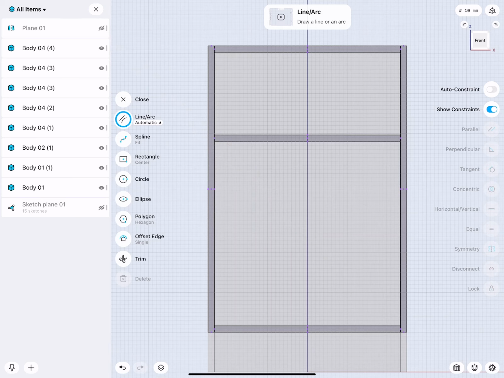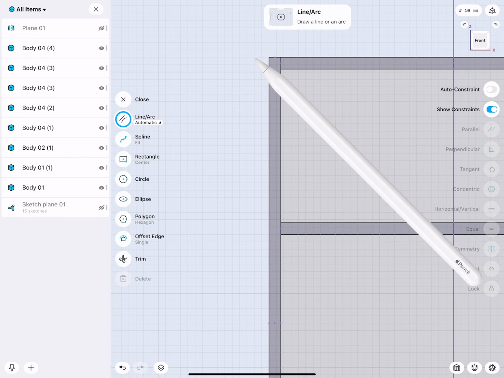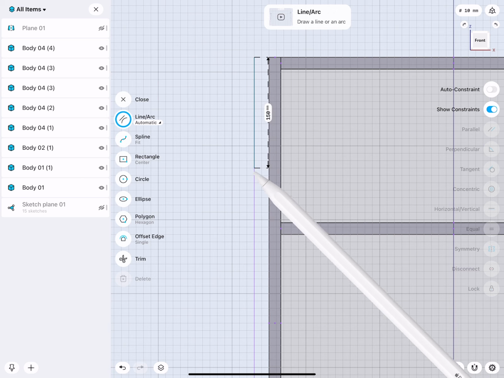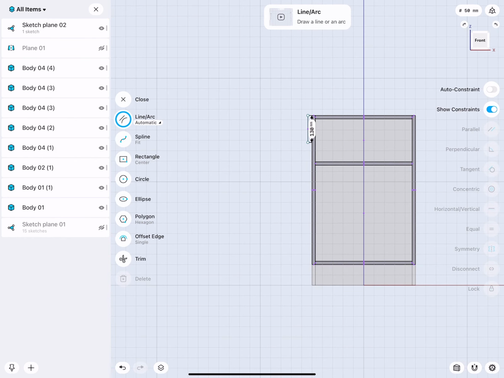Okay, so the upper door, sorry, the front of the drawer should actually be 130. So when I zoom in a little bit, there we are, I can draw a line down. So 130.